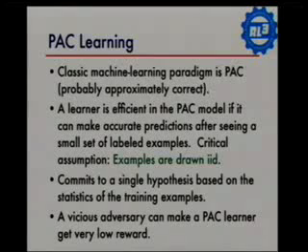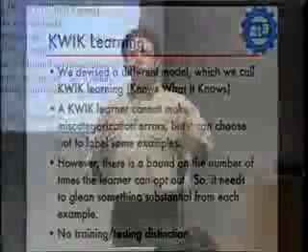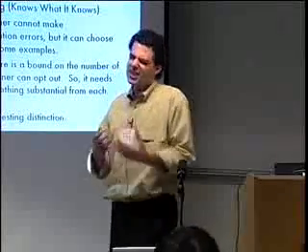Okay, so I don't think I'm going to say too much about PAC learning and so forth. I'd like to move through this. But basically, there are these formal mathematical models that we use to describe what it means to learn well from data. And we've been messing with that in our lab a little bit. We made up our own model that we call KWIK learning, because the important thing for driving exploration is that the learner knows what it knows. It knows the things in the world that it gets and the things that it hasn't quite gotten yet. And we use that to force exploration by making the agent hallucinate high rewards in places where it knows that it doesn't yet know what happens.